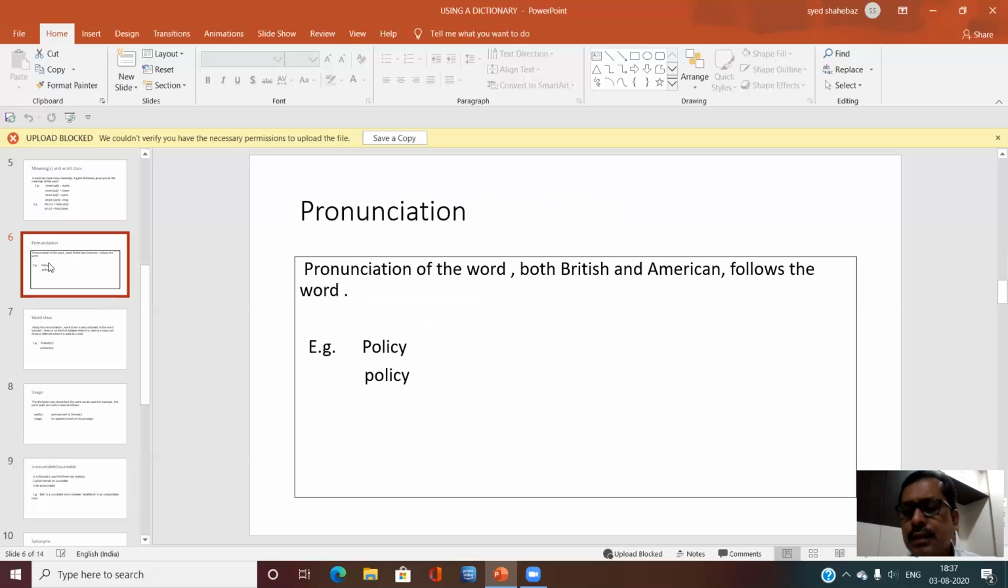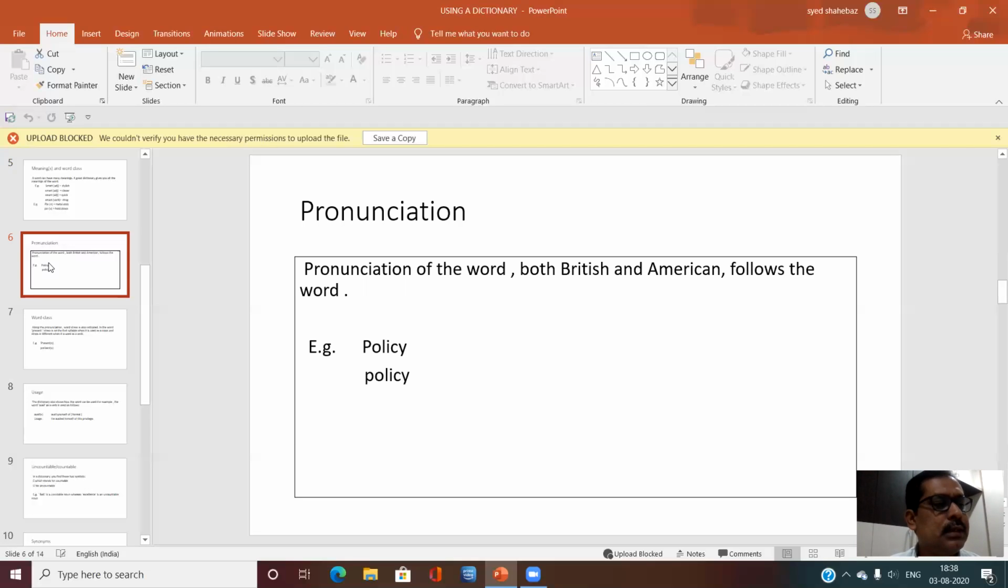Next, come to the slide. This is the pronunciation. The pronunciation of the word, both British and American, follows the word. In the dictionary, you will have the American pronunciation and the British pronunciation. Both are given. For example, here,